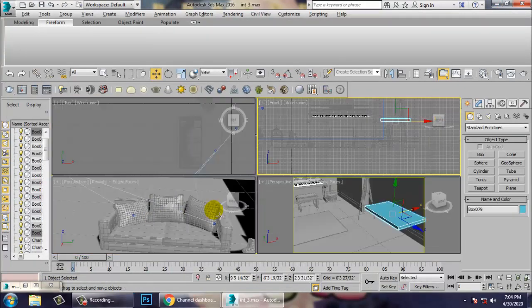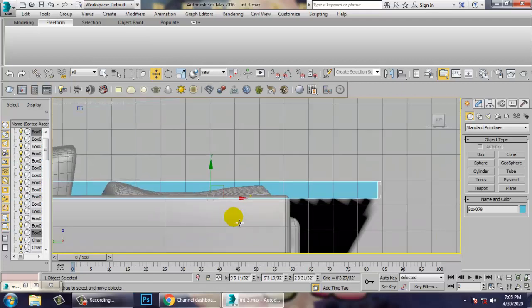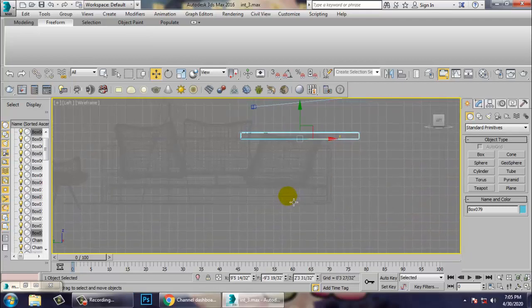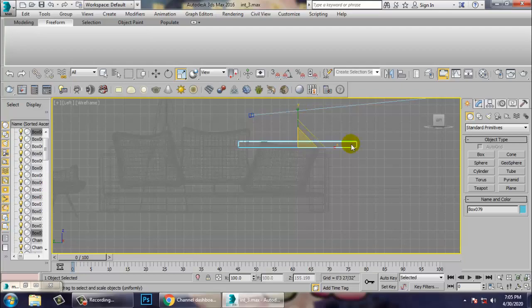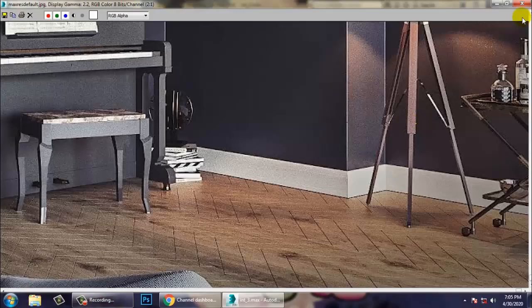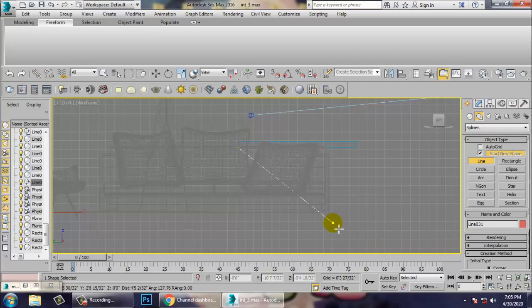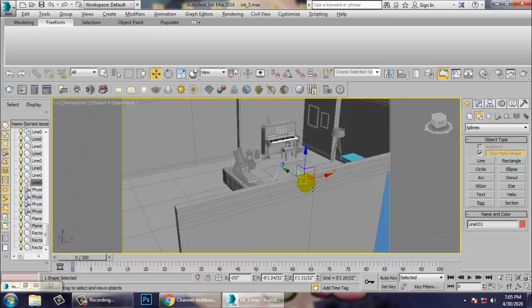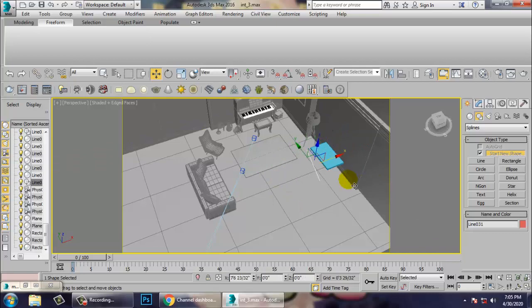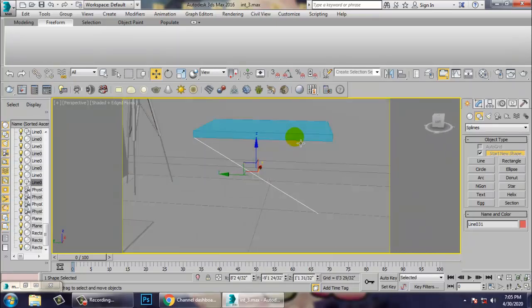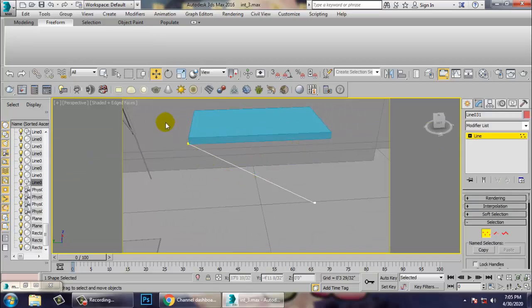Let's go into this left view over here, F3, and let's see the reference again, and let's take a line over here. So after taking this line, let's push this over here. Select this and just push it in this way.